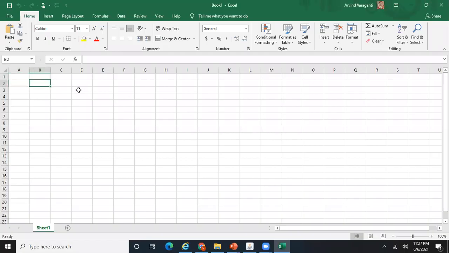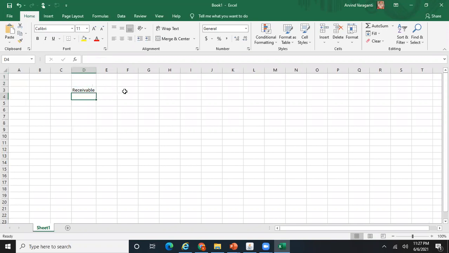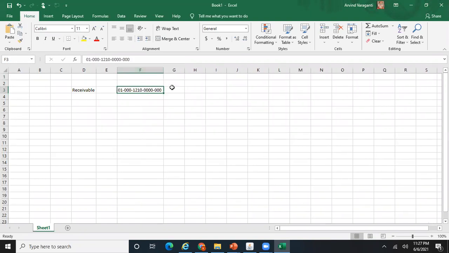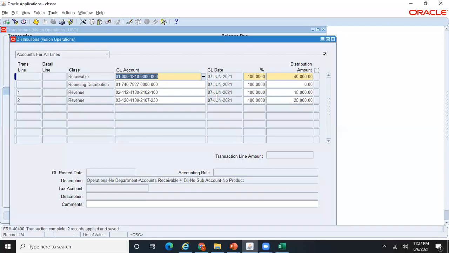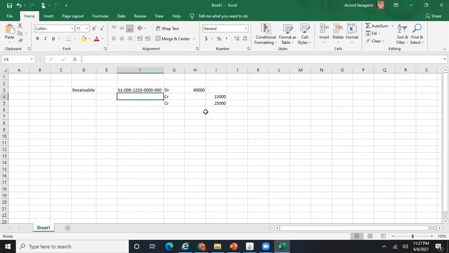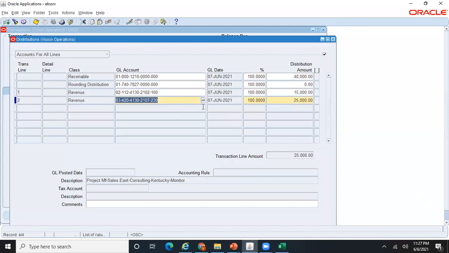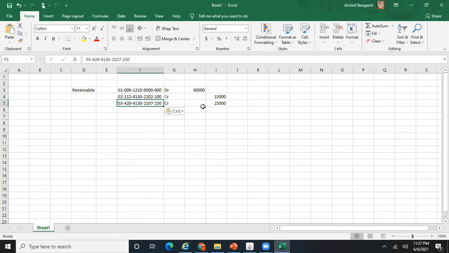Okay, so this will be the original lines. So this is the receivable account, $40,000, and you have two revenue accounts, credit 25,000 and 15,000.